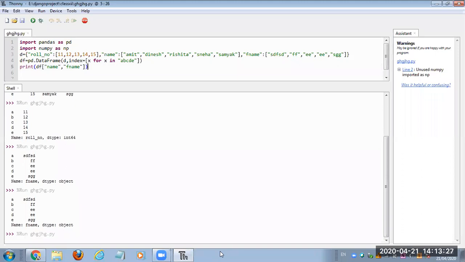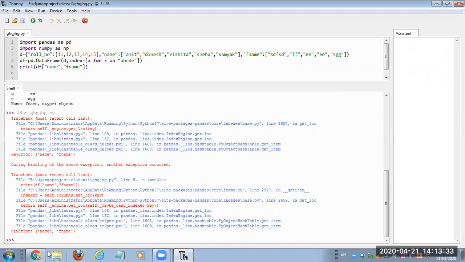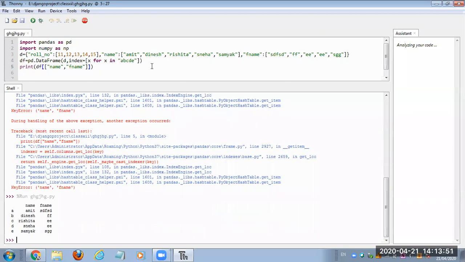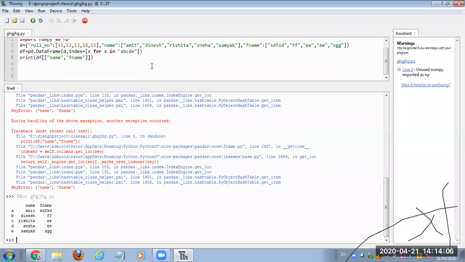Let's see the output. It is not showing anything. What is the problem? Sir, double square brackets will be needed, right? Yes. Yesterday I also told you that this goes inside a double square bracket. Okay, let's see the output. It is displaying these two columns. So for displaying multiple columns, besides the outer square bracket, we have to mention the inner square bracket also. Clear? So this is a very simple method by which we can access particular columns from the data frame.